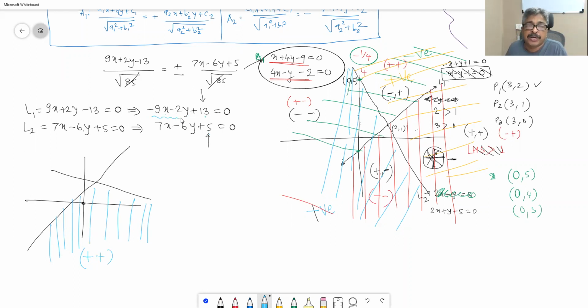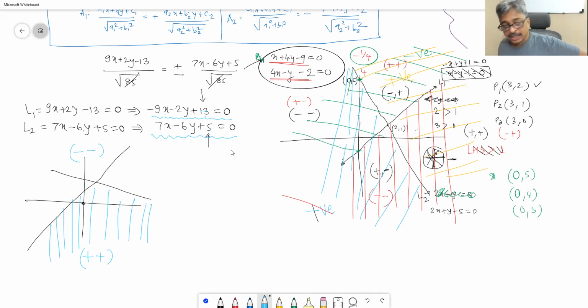Therefore, I would prefer to write both the given equations like this. If both the equations given are in the form where they are plus plus, you need not change them. If both of them are minus minus, you multiply both of them by minus 1 and make these two constants positive. That means the origin is in the positive quadrant or the negative quadrant, whatever, because we are not drawing. These are the vertically opposite quadrants.